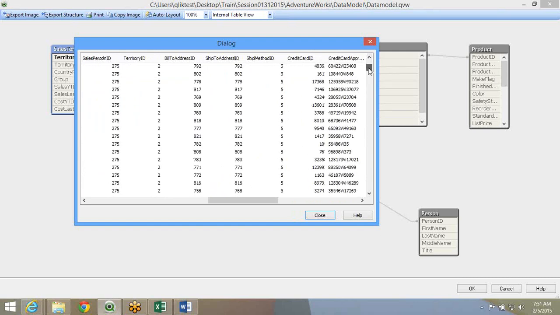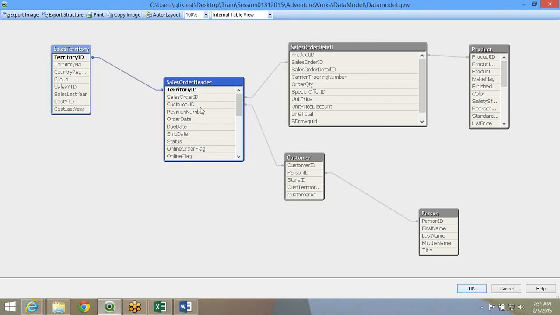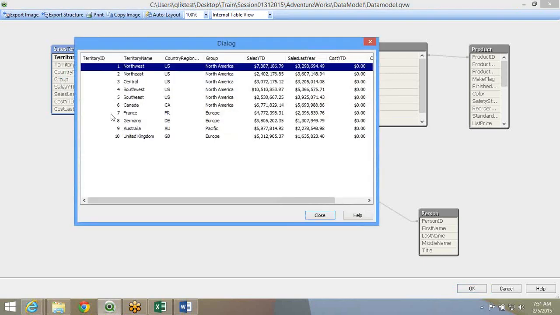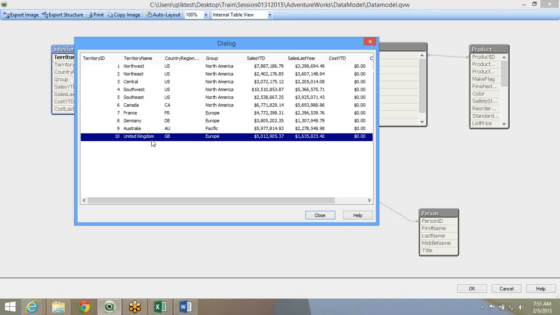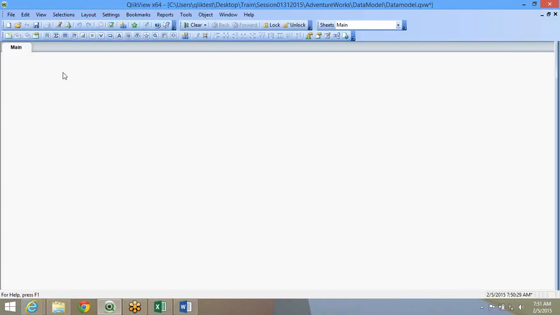Okay, I pass territory 2. I've got only one territory, but in my sales territory table I have not restricted it, right? So all the 10 territories from the master file are uploaded. Now I have to restrict this, to make sure I don't upload all the master data that is not required.